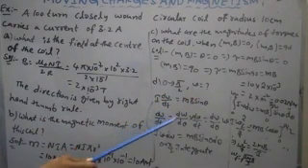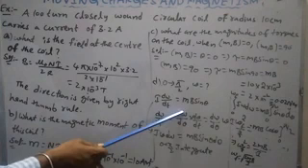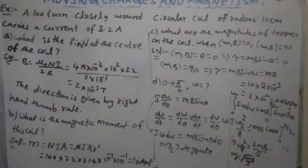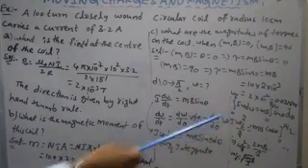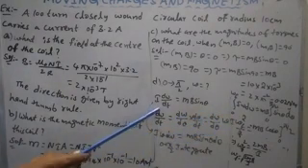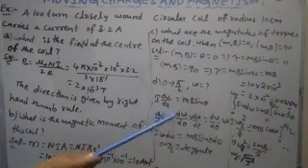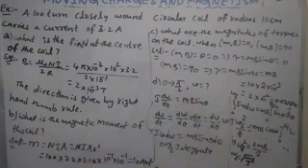From the chain rule we simplify d omega by dt: multiply with d theta and divide with d theta. That gives d omega by d theta into d theta by dt. What is d theta by dt? The rate of change of angular displacement, which is called angular speed, omega. Once again, by the chain rule, d omega by dt multiplied and divided by d theta, we write d theta by dt on one side and d omega by d theta on the other, where d theta by dt is omega. Then substitute this for d omega by dt.